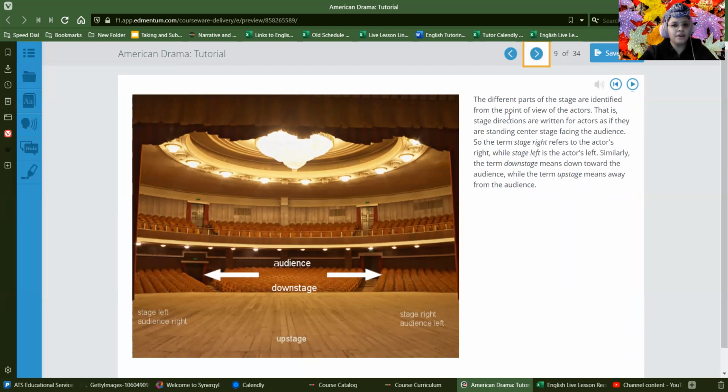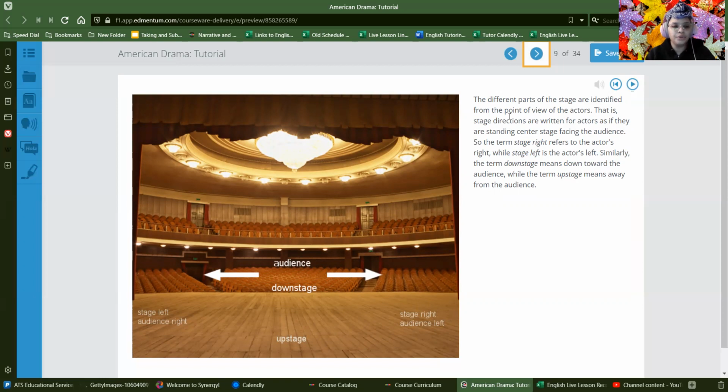Okay, now on this slide, they give you different parts of a stage. What I can tell you with 100% certainty is that one of the questions on the mastery test for this lesson gives you a stage and asks you to put these labels where they are supposed to be. It's not this exact same picture, but it is a picture. So it's important for you to draw a diagram in your notes, make sure that you sketch it out so that you know exactly what these things are.